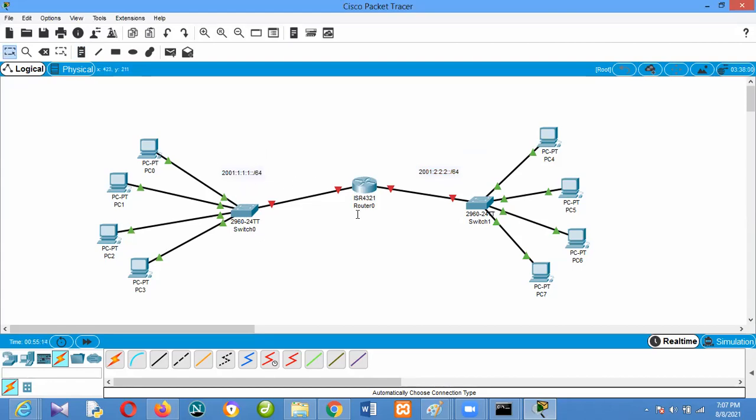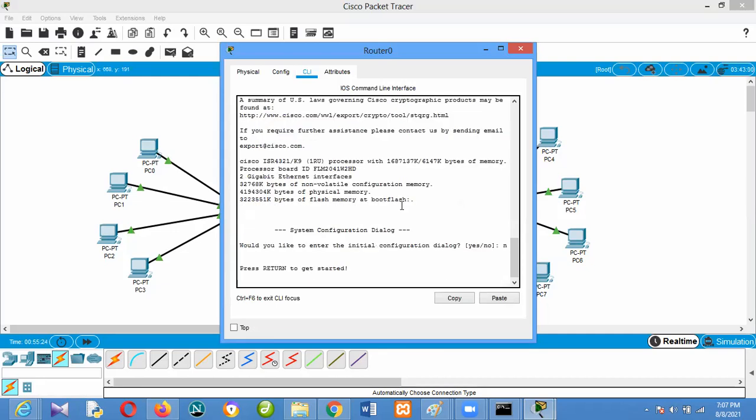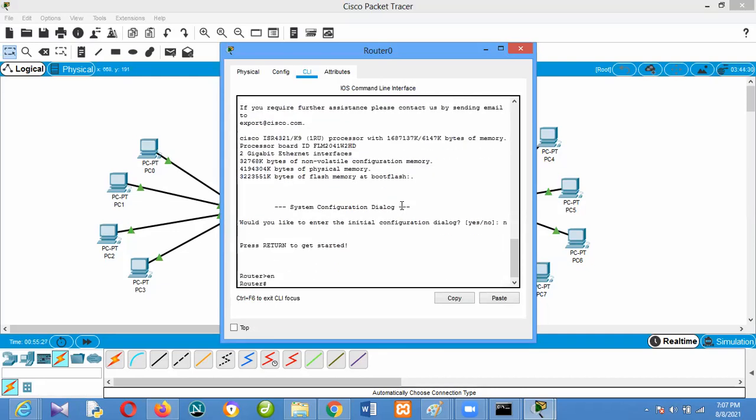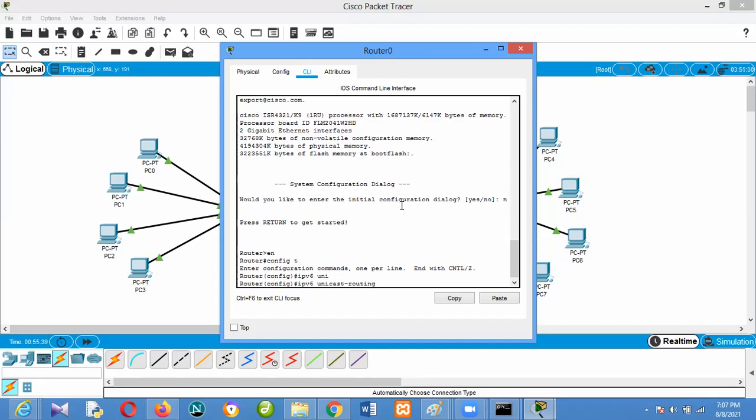Then I can come to the router, this interface, which is G0/0. I'm going to the router, say no, then enable, configure terminal. Then of course, let me enable it first: ipv6 unicast-routing.